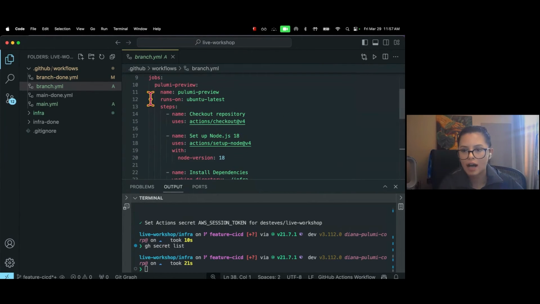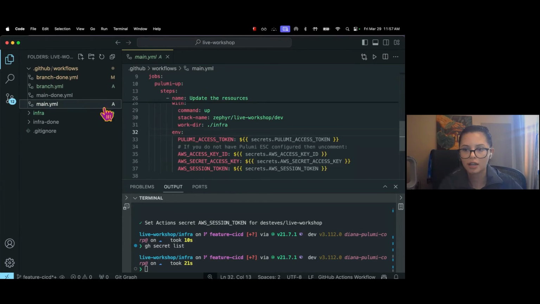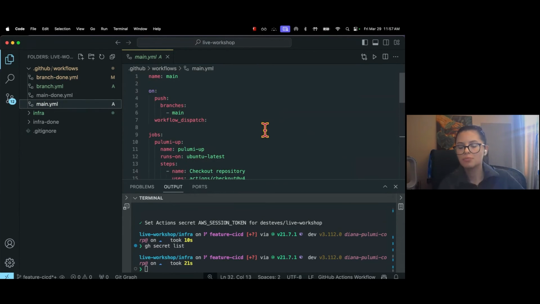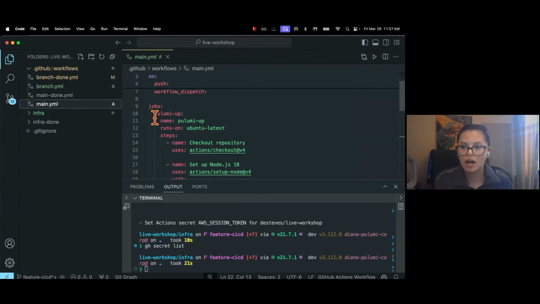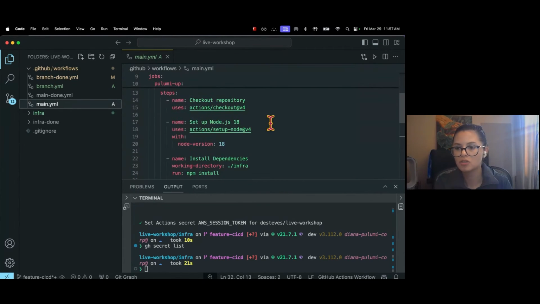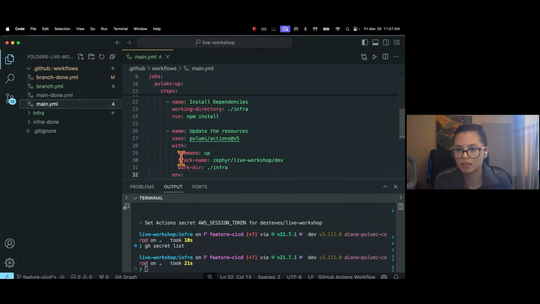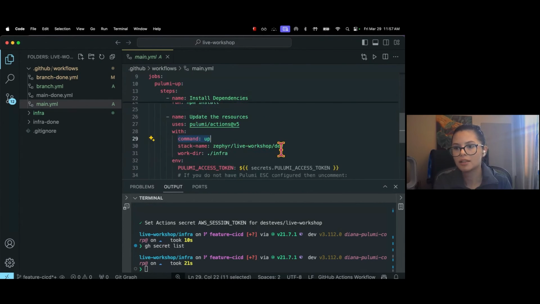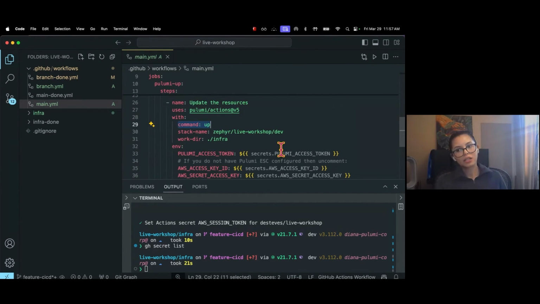I also have another GitHub action, and this particular GitHub action is going to trigger whenever I do a merge on my main branch. The difference is that this will actually run an up command, and the up command is going to be the one that actually deploys the infrastructure, right? So when we talk about CI/CD, we want